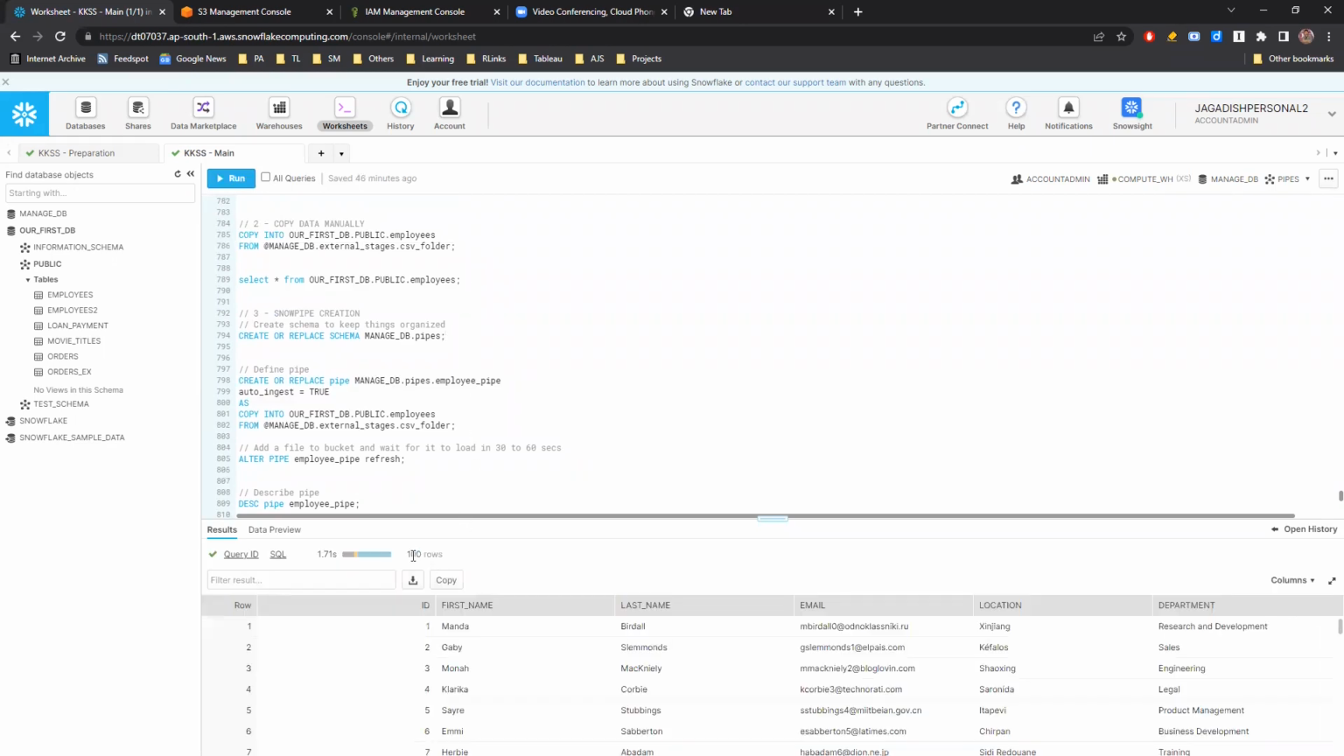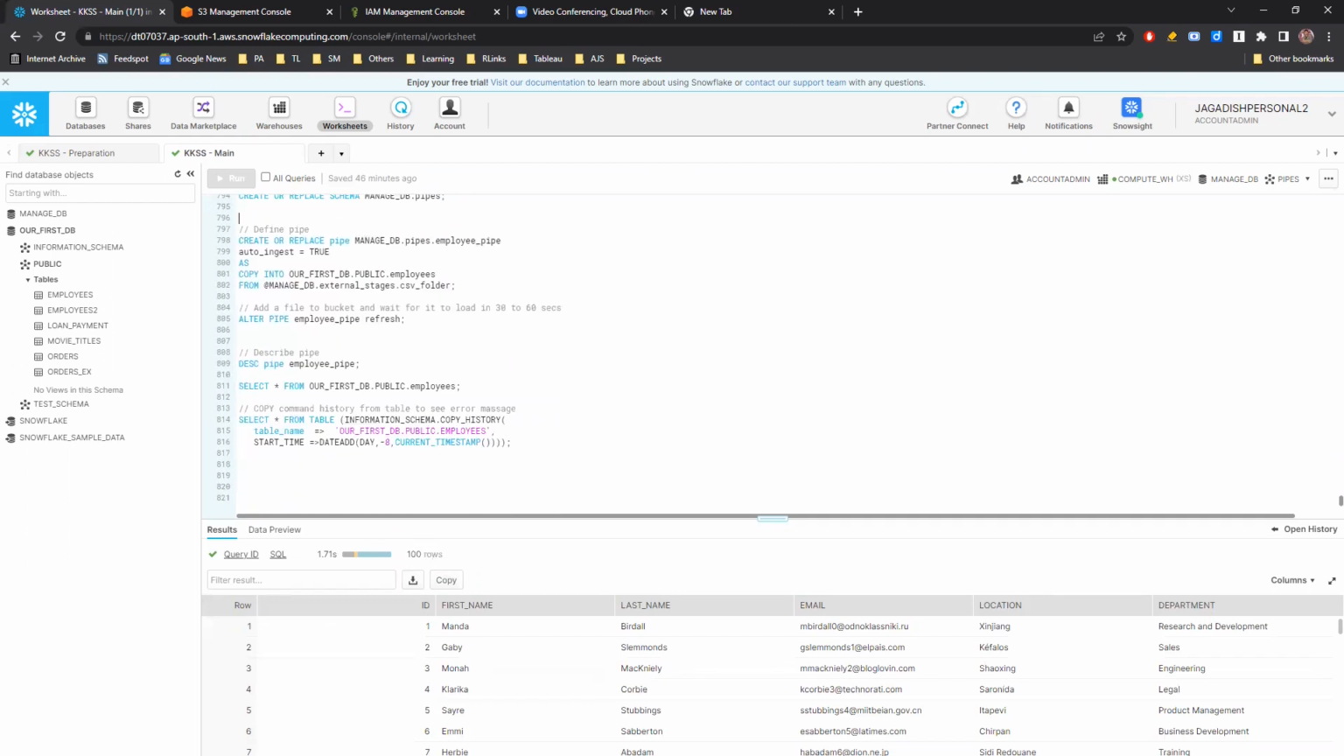So we can see those 100 rows have come up now. Now let's deliberately try to create some error and see how it will affect the pipe mechanism, and then how we can resolve those. That's what we'll try to do today. So first,